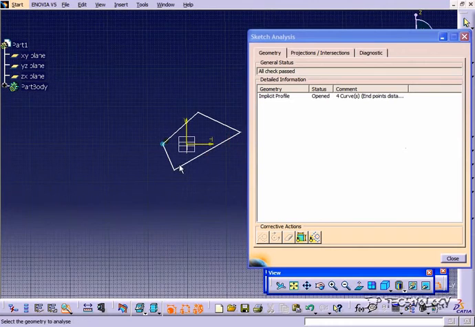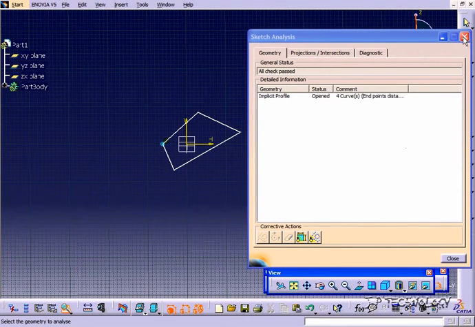So the sketch analysis is a great tool because it allows you, before you go out and try a feature and get a message saying that you can't use this sketch, to check your sketch, make sure it's good, and make sure that it's meeting the criteria that you want it to be. Now I'm going to show you one more, and we're going to show you that you can have two